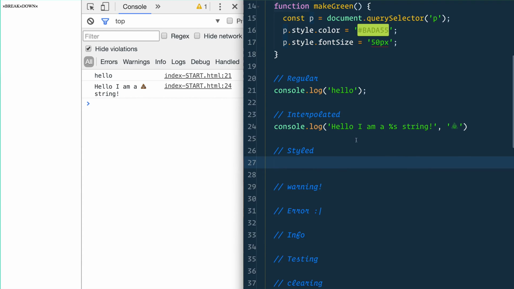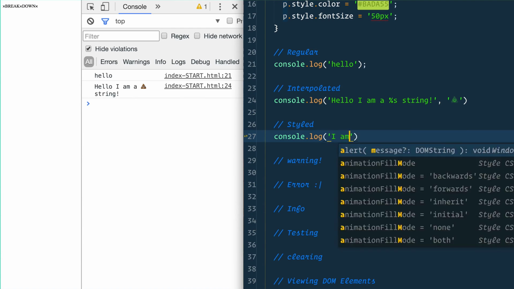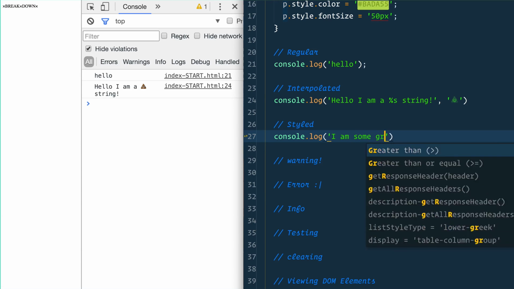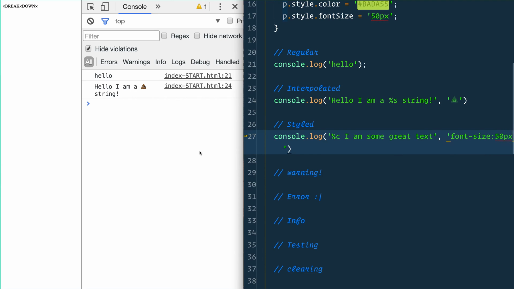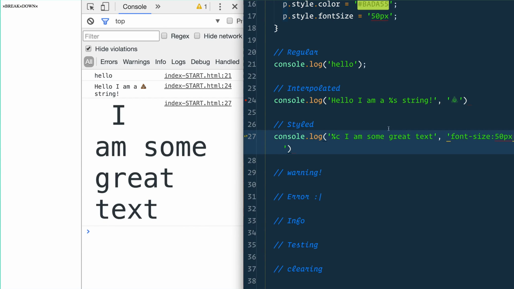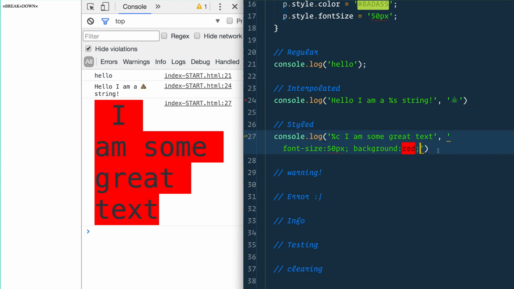We can also style our text with %c. So console.log, I am some great text. And if we put a %c in front of there, and on the second one, we do things like font-size, and you can apply any font CSS to it, 50px. Whoa, I am some great text. We can also do things like background red. Whoa, you can do things like text-shadow,